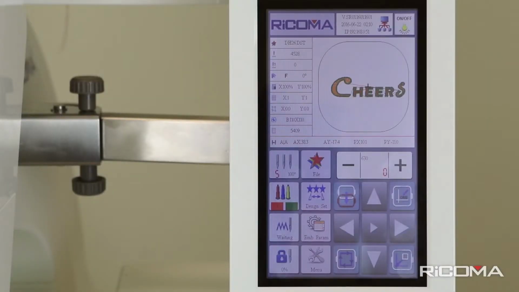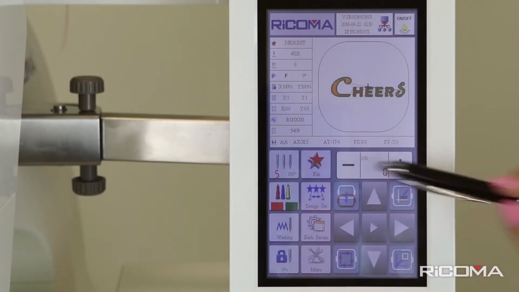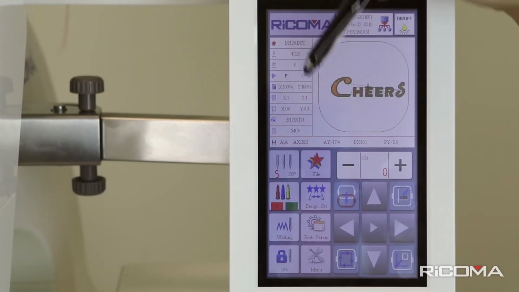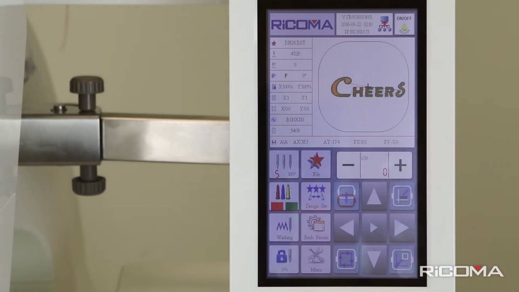The Home panel is essentially made up of two primary sections, the display in the upper section and the touch keys in the lower section. The upper section will display the embroidery design and any relevant information regarding the size and location of the file. The lower section is made up of 20 touch keys represented by icons. For navigation purposes, we will refer to the buttons by row and column, and then dive deeper into their functionality.